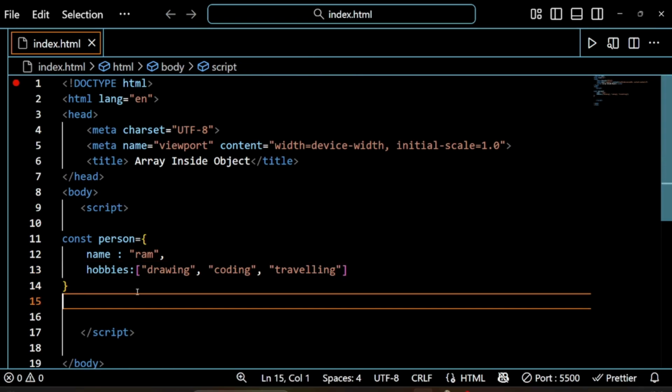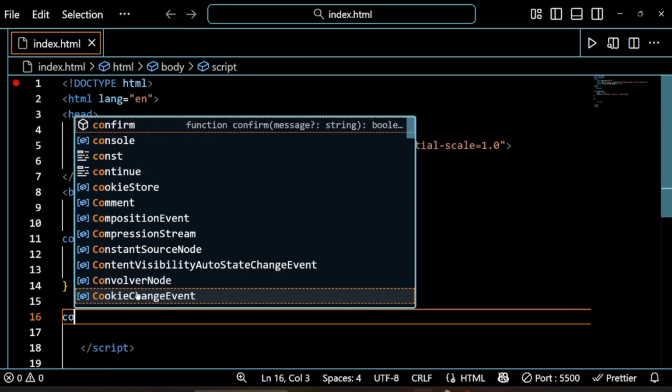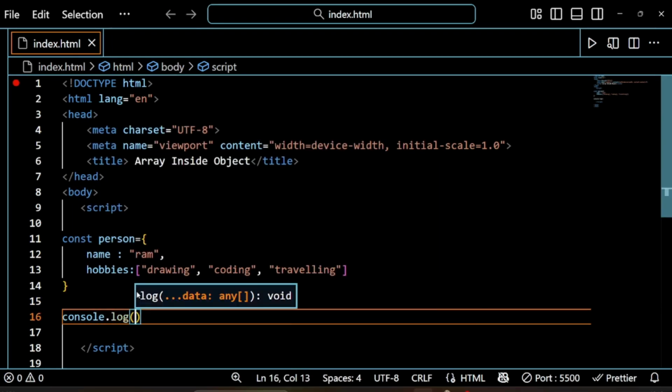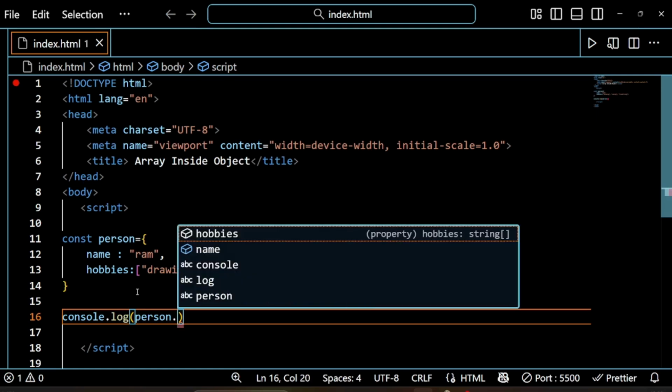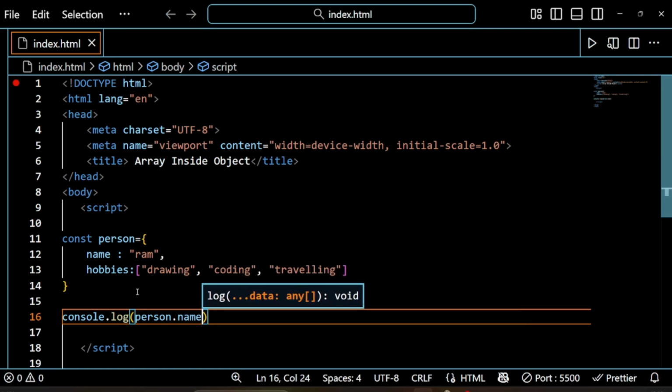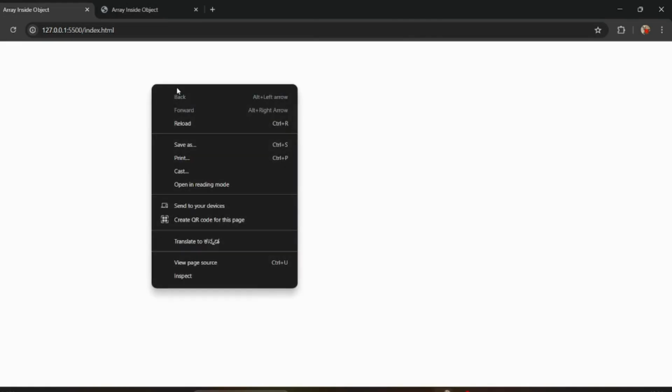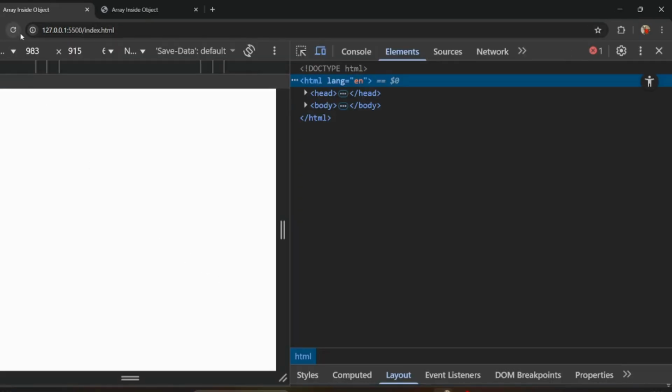So if I want to access this person's name, all I'll do is simply write console.log, and inside this I'll write person.name. Whenever we write this person.name, we'll get the result as Ram. So I'll inspect this and refresh here.